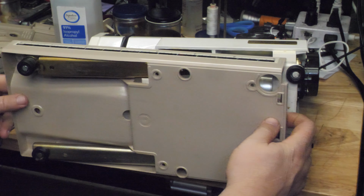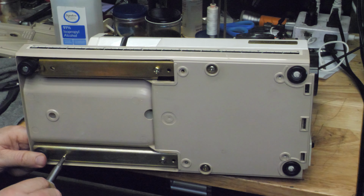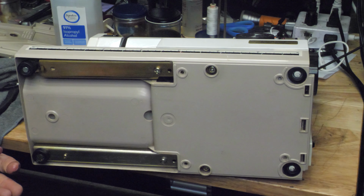So, alright, now with the cover on the free arm, we can put these self-tapping screws back in, and